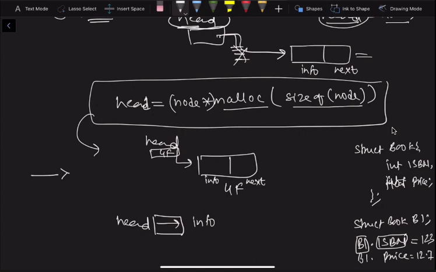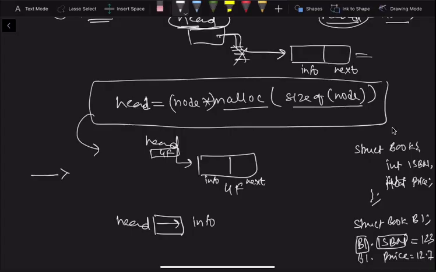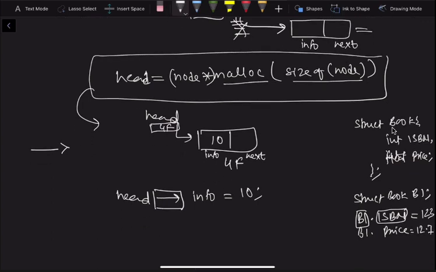Okay. Now by using head arrow information equal to 10, we will have the value inside this. And you don't want any other node, because in one operation of insertion we can insert only one node.